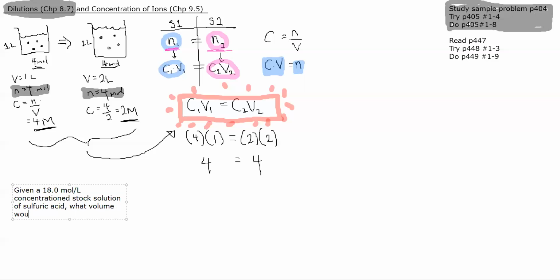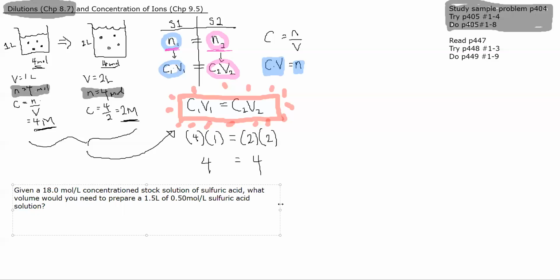What volume would you need to prepare 1.5 liters of 0.50 moles per liter sulfuric acid solution? At first glance, it might seem a little daunting, but if you look carefully, I have given you all the numbers you need to use that formula that was provided. Given an 18 moles per liter concentration,